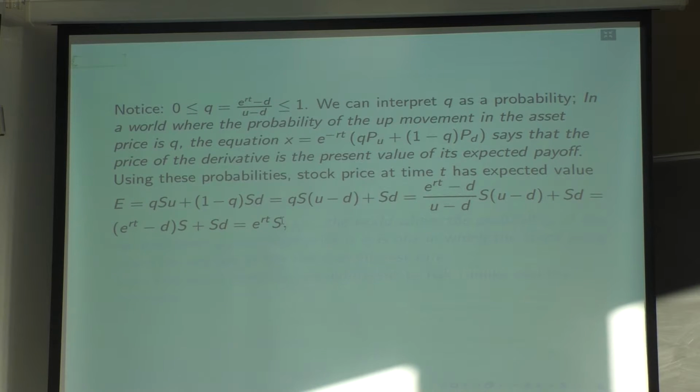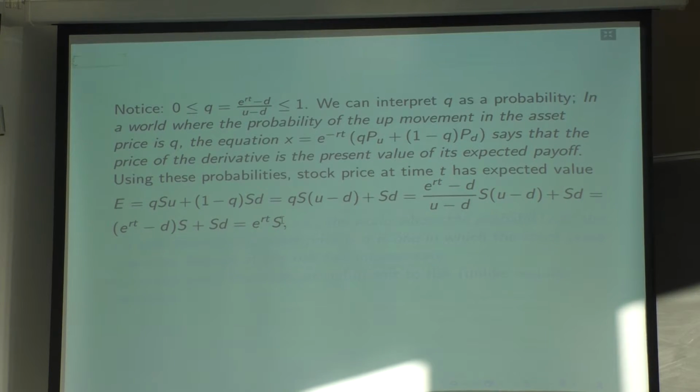Okay, so what is this saying? This is saying you can take your S pounds and invest in this risky asset. Sometimes the price is going to go up, sometimes it is going to go down. Or you can take your money and put it in a savings account, giving you an interest rate of r for T years. In both cases, you're getting the same expected payoff. The expected payoff if you put S pounds in a savings account is this, and the expected payoff if you invest in the underlying asset in that world, in which the probability is q, is the same. It's e to the rT times S. That's what we've just computed.